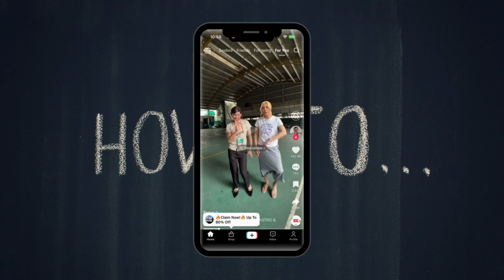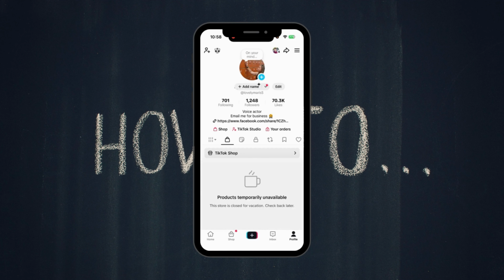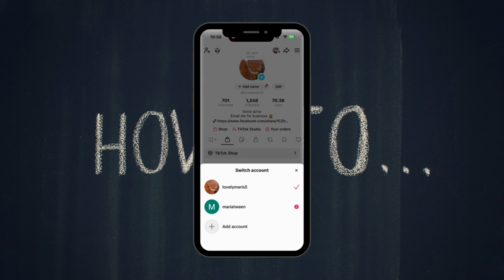Hey guys, I'm going to show you how to manage multiple TikTok accounts. Managing multiple TikTok accounts is easy once you know where to find the account switching feature. So, whether you use separate accounts for personal content, business, or different niches, TikTok lets you access them all from